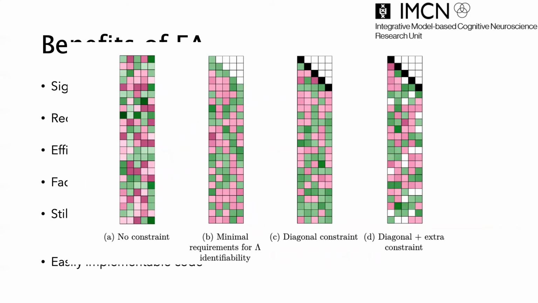The good thing about constraint is that we show several different options for this, where we could either have a completely unconstrained factor loading matrix, meaning the factors may be non-interpretable, but the covariance matrix can be fully recovered. Minimal constraint, where the loadings for the upper triangle are fixed to 0 and factors are interpreted relative to the diagonal. Diagonal constraint, where the diagonal is fixed to 1 to constrain the loadings relative to given parameters. And extra constraint, where we can include hypothesis-driven constraints, such that some parameters don't load on certain factors.